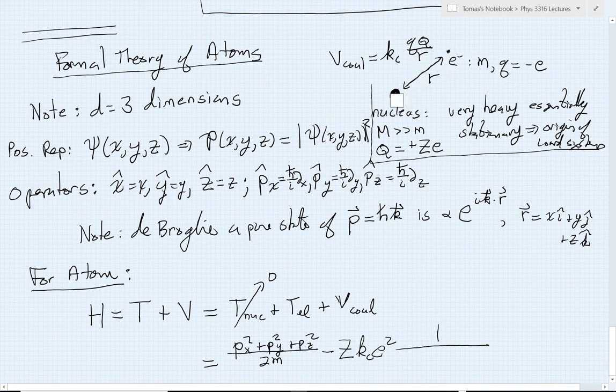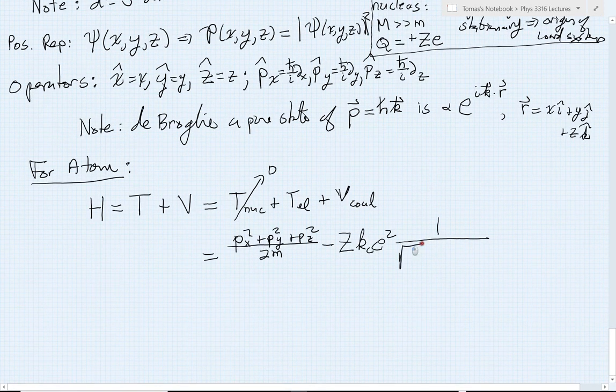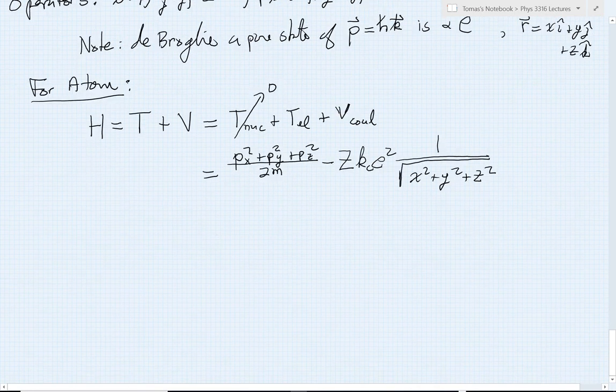Now the nucleus, again, we are going to take as the origin of our coordinate system. The electron is sitting at location x, y, and z. So that radius is actually the square root of x squared plus y squared plus z squared. That's my Hamiltonian. So then I can write down finally, and we can then conclude the lecture, the time-independent Schrodinger equation,